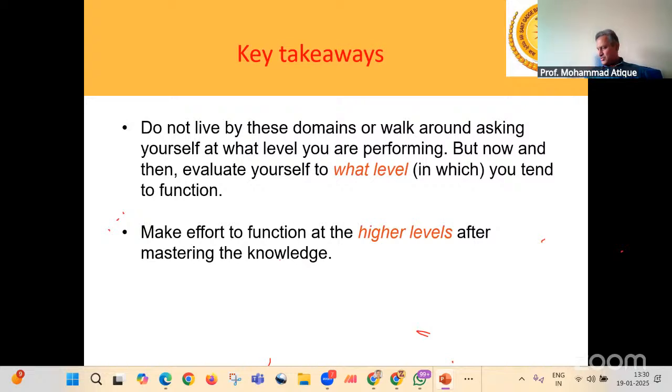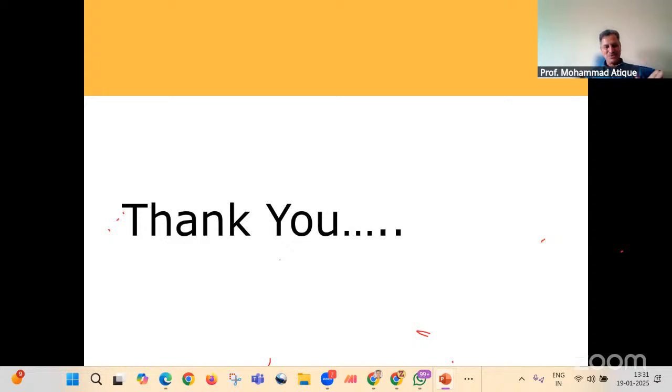Right. To sum up, we'll go for the live demo, but these are the key takeaways. You have to move a little bit to the higher levels. Normally most of us work on knowledge, levels 1, 2, 3, but if you go for maybe 5, 6, and 7, that is one of the mantras as far as this session is concerned. I will take some theoretical questions if you have any, and then I'll go for the demonstrations.